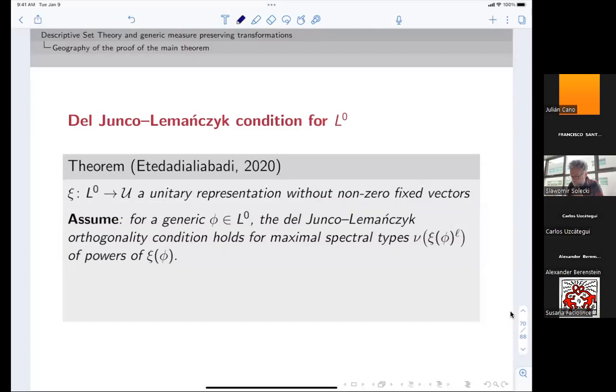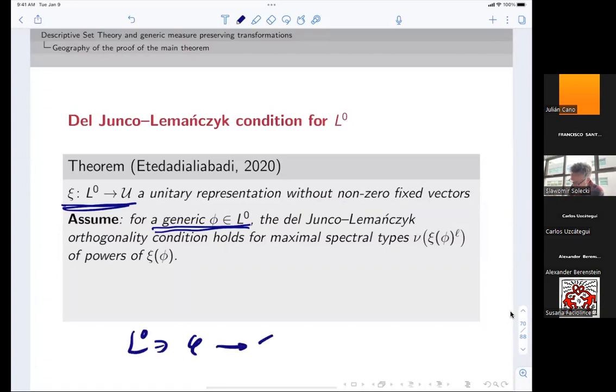He assumed that for a generic phi, so I gave him as a problem, take a generic phi in L0, forget about Aut, just L0, and given a representation, for a given phi in L0,